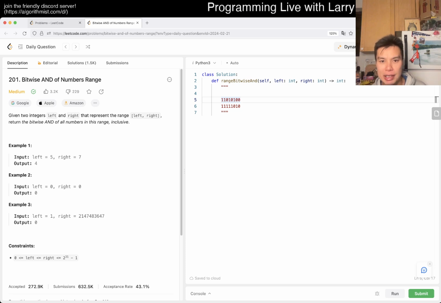For the last digit, we know there's a 0 and a 1, and as long as you have a 1 and a 0 in that range, then the entire thing is going to be 0. Then maybe you could do it recursively where you divide by 2, and then you have these two numbers, and you ask, is there a 0 in that range? Yes, right? So there's no 0 in this range only if,